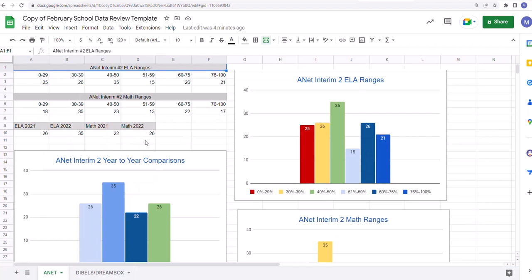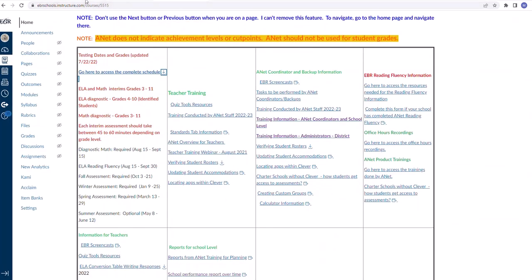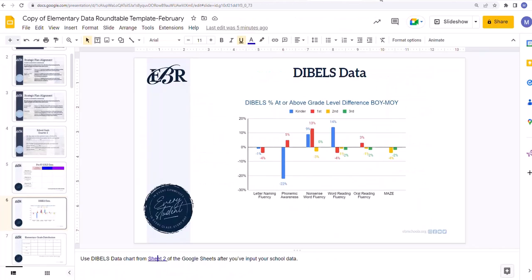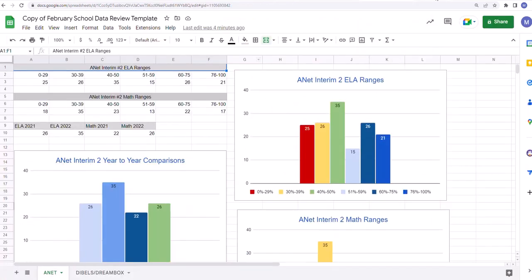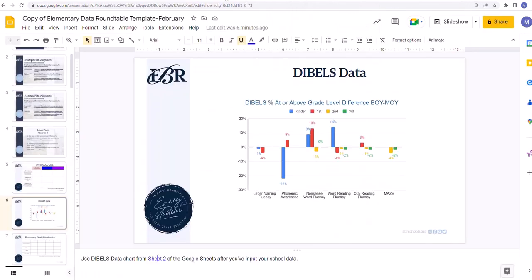I don't know how the other executive directors are doing this. Some students' names are going to show up, so it's going to take me a while to edit this. But if you go to my ANet, which is very cumbersome to do,